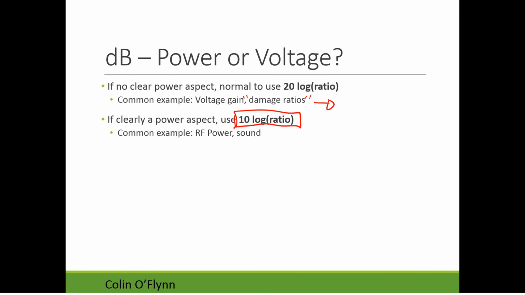That's not something that's part of electronics, but because you see decibels everywhere, it's important to realize there are really 2 main definitions, and occasionally people don't do this correctly and you get vastly wrong errors. So you really have to consider, is this ratio a power ratio? If so, I need to use 10 log. Is it not? Is it a voltage ratio? I have to use 20 log, because if we square the voltage, we get the power. That's where that comes from.